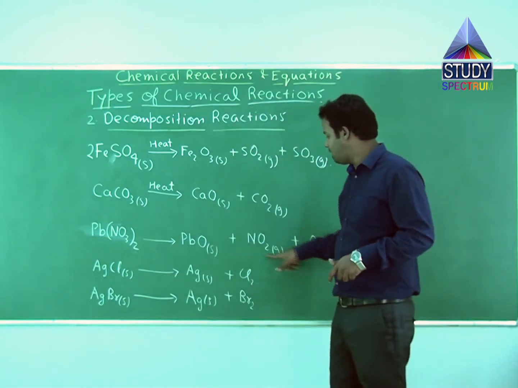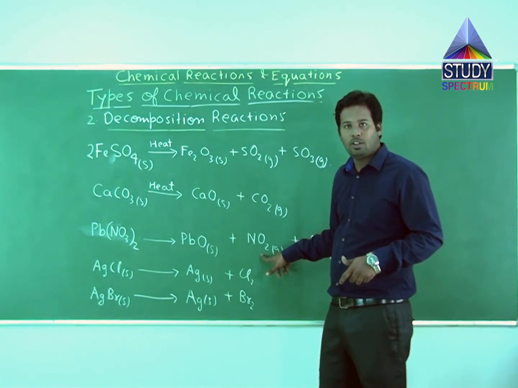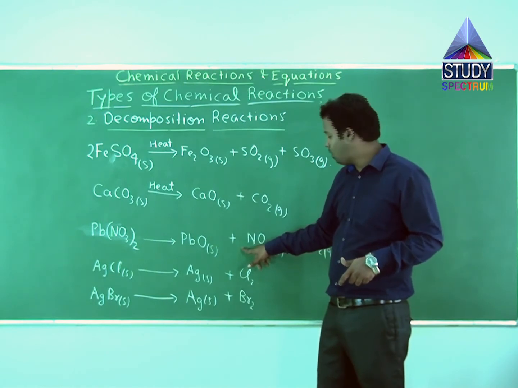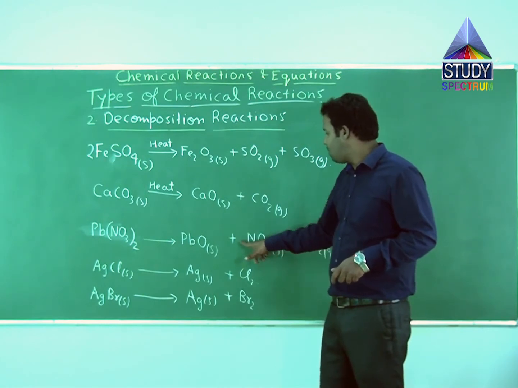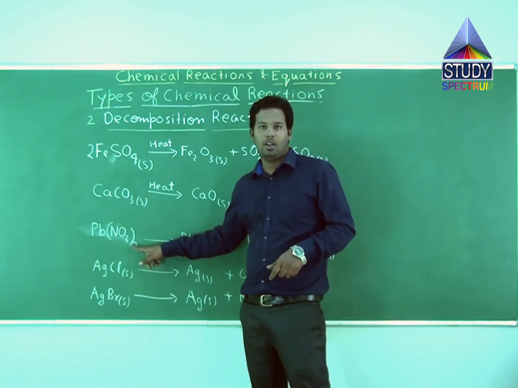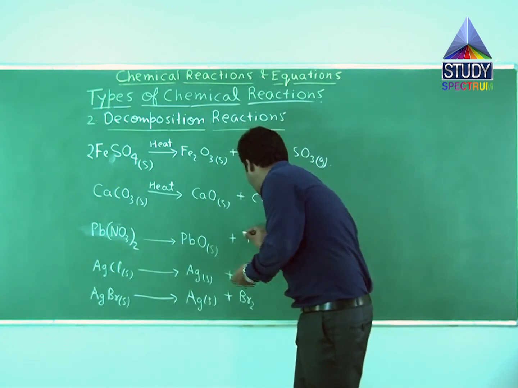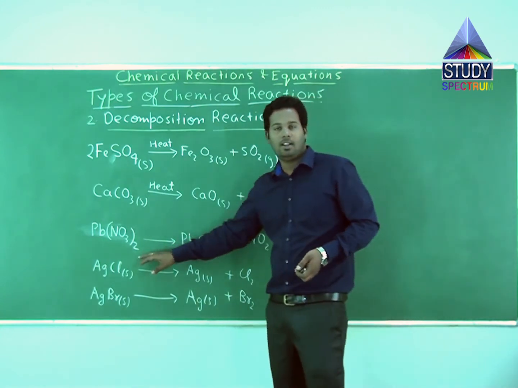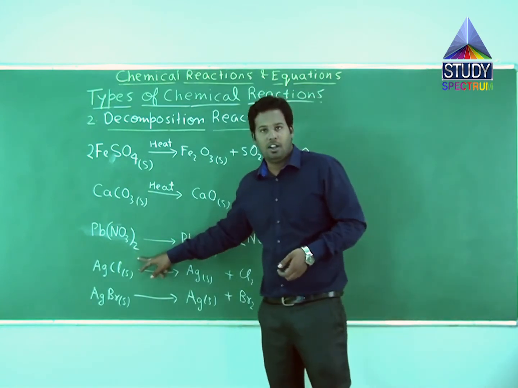If we go on the right hand side, you can see the middle product, that is the second product, only contains nitrogen. So the stoichiometric coefficient of NO2 is 1, since nothing has been written over here, and the suffix is also 1. So it means the number of nitrogen atoms on the product side will be simply 1, where we have 2 nitrogen atoms in LHS. So if I place 2 here, then nitrogen gets balanced. The number of nitrogen will now be 2 in LHS and 2 in RHS also. Correct? Now let us talk about oxygen.